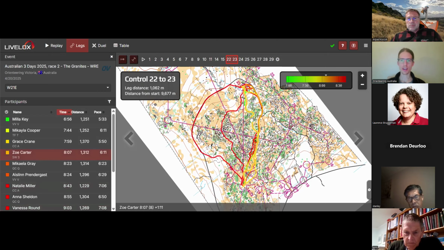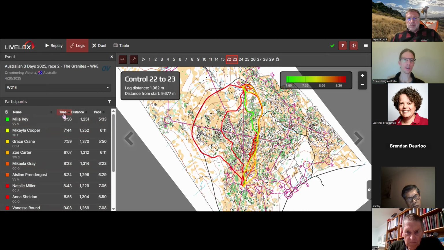And so you can see if you hover over the different lines, it tells you information at the bottom of who it was and what time it took them, how long they took longer than the fastest person as well. So that's hovering over the different routes. On the left-hand side, let's have a look. Miller Key, I've sorted it according to time.